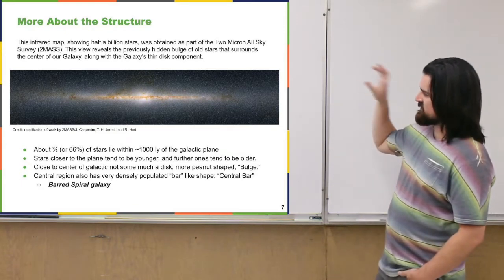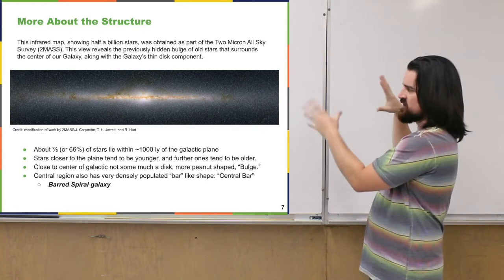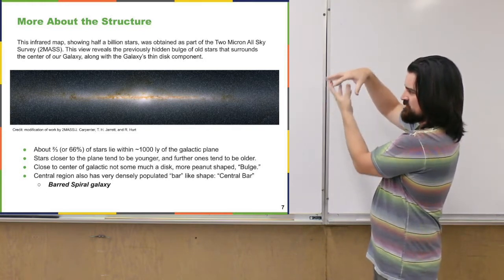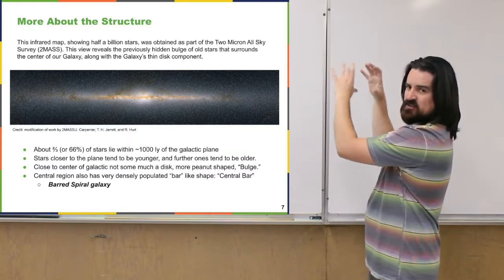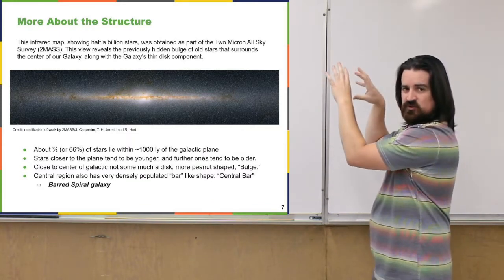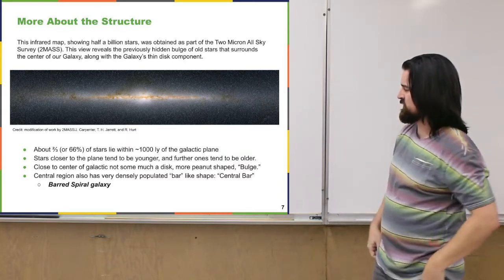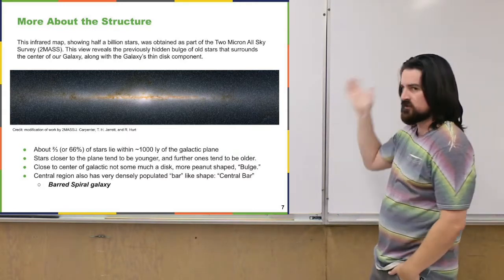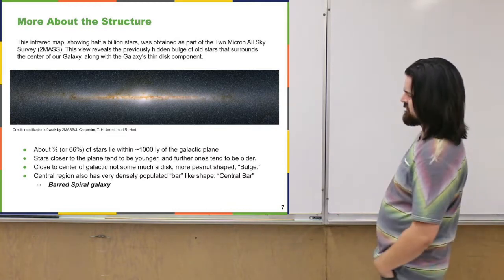Yeah, and like I said, that center is not necessarily a flat disk when you get towards the center, and it seems like it's actually kind of a bulge here, and it's not even just a sphere. It seems like it has more of this peanut sort of shape, where it's like two lobes, a little bit thinner in the middle. So we call that the bulge. Really clever name. There's a lot of clever names coming up here.